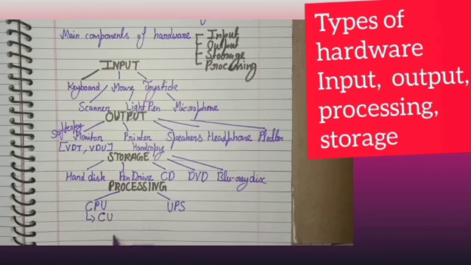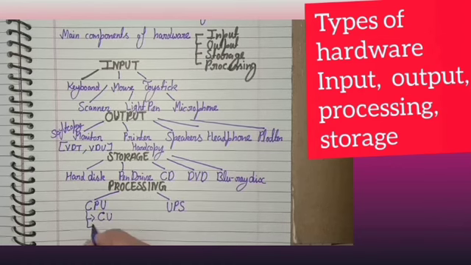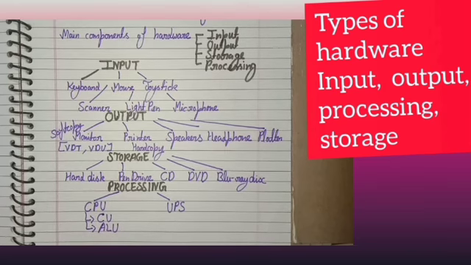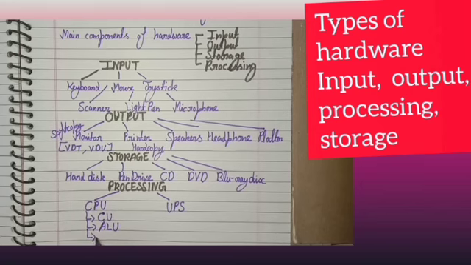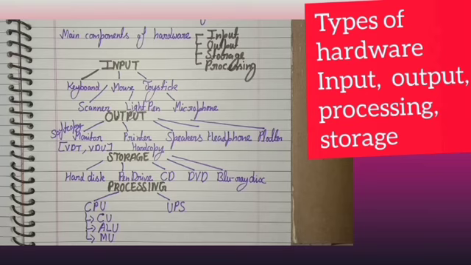control unit, in short we call it CU, arithmetic logic unit, which does all the mathematical and logical calculation, and then third, memory unit. Control unit controls all the operations of a computer. For example, in your classes, students, you have one monitor. What is the work of the monitor? To monitor what each and every child of that class is doing, and make a report of their actions and behaviors. So a control unit does the same.